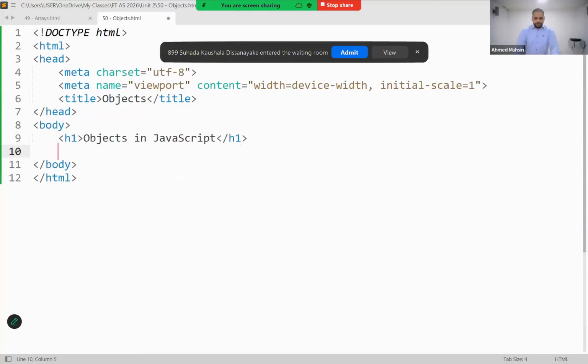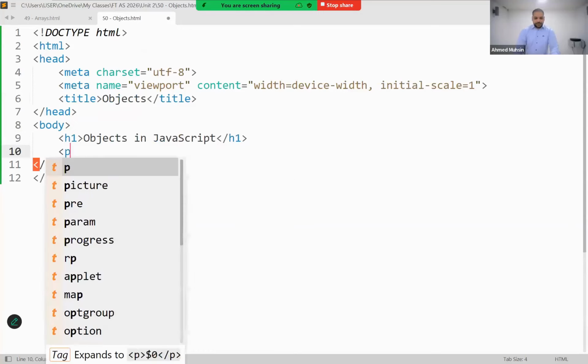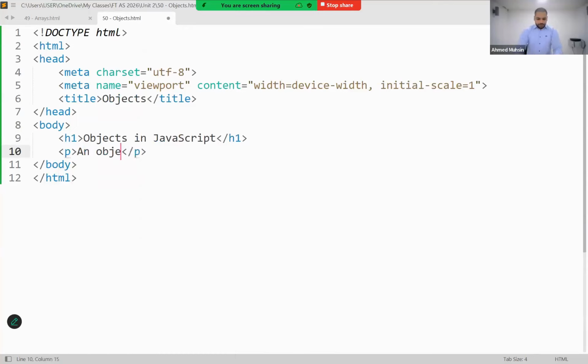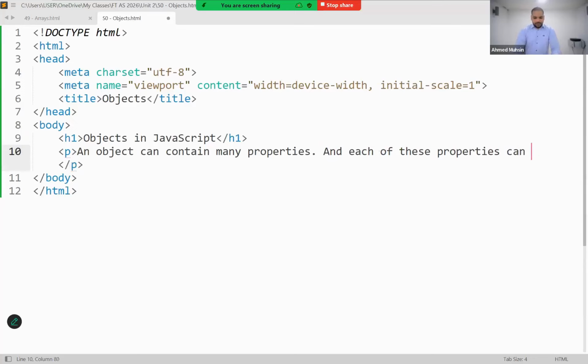Can you put a paragraph explaining what an object can do? An object can contain many properties, and each of these properties can be accessed whenever needed. So, for example,